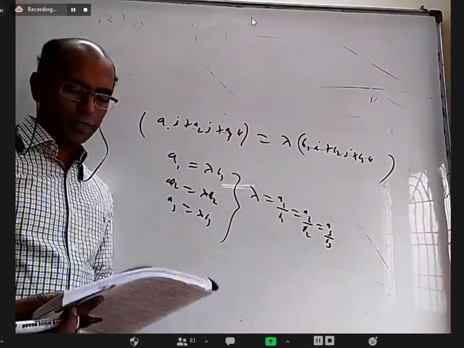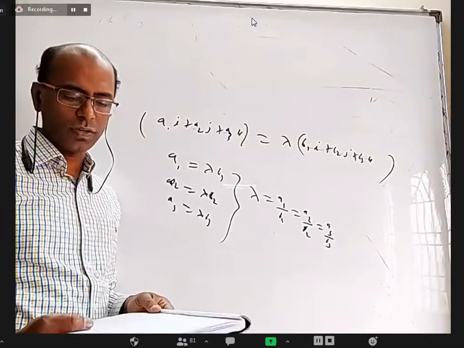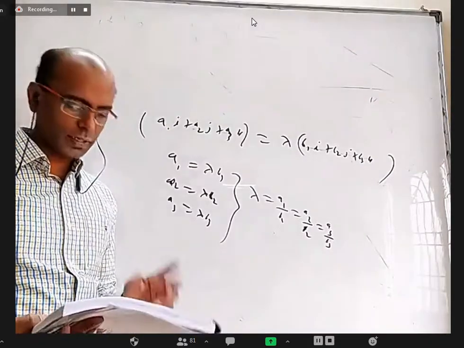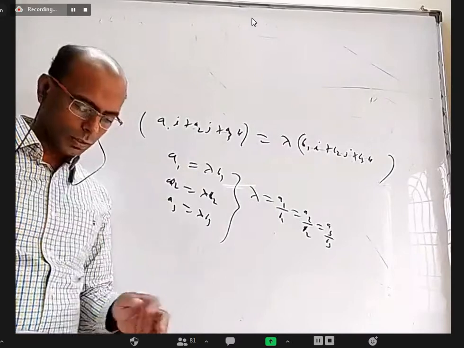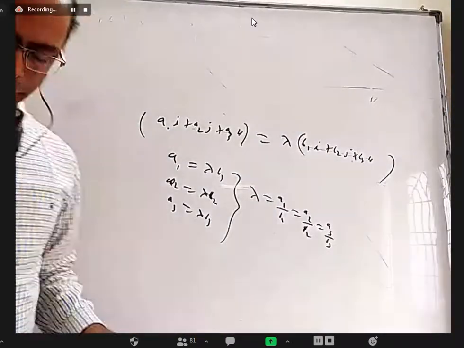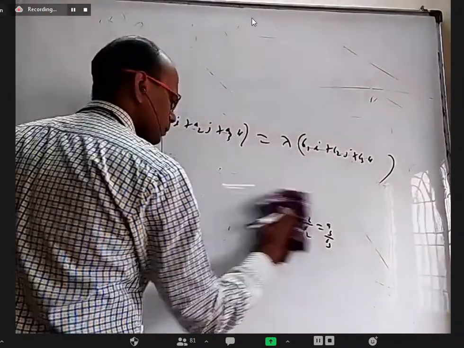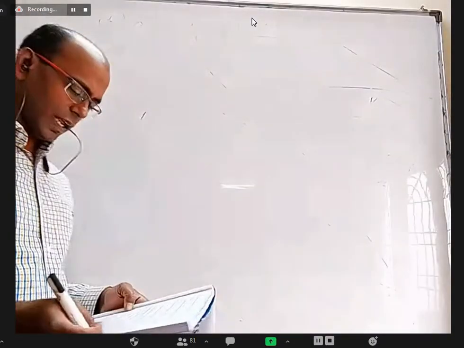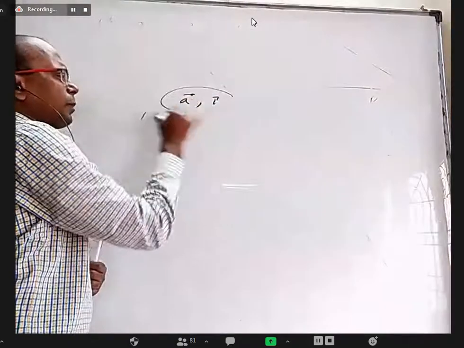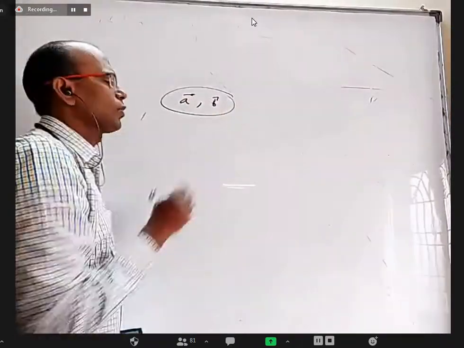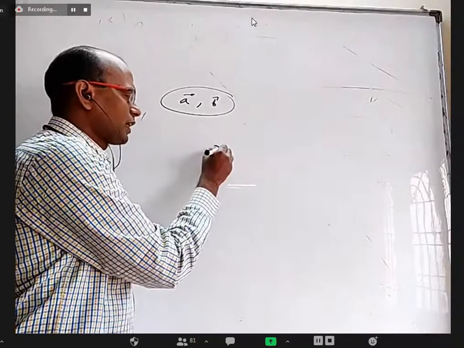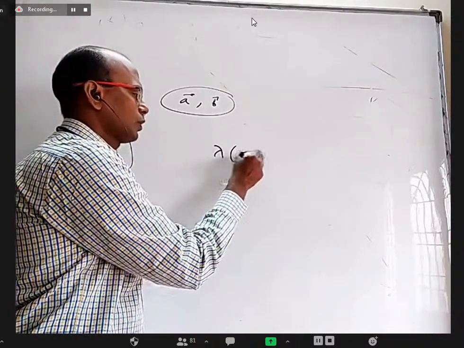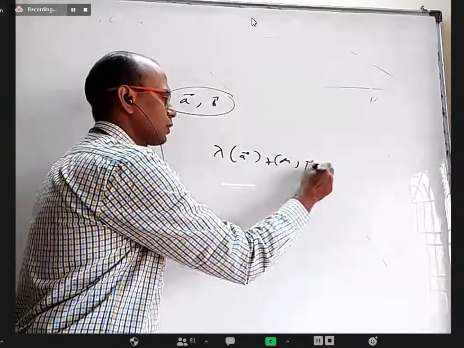Okay, so the second point, that two vectors are parallel if and only if the corresponding ratios are equal, came from the first point. Look at the third one. It's the same as the first point with a slight change. Otherwise, they're the same. A bar and B bar are parallel vectors or collinear vectors if and only if we should be able to identify one lambda into A bar plus one mu into B bar equal to 0.